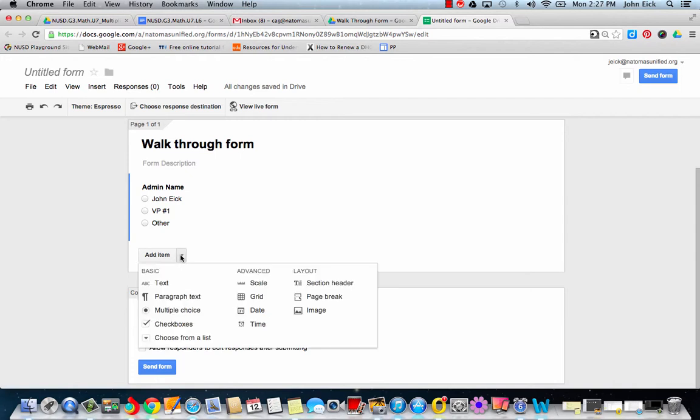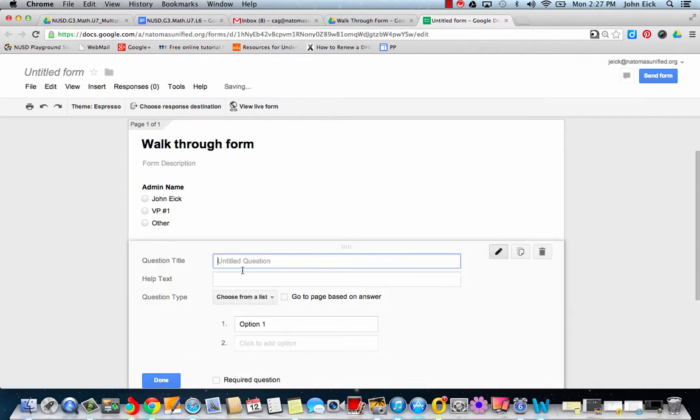Add an item. Okay, what kind of item do you want to add? Well, I'm gonna do another multiple choice, although, you know, yeah, let's do a choose from a list. So here's where we're going to put all of our teacher names, right? So teacher name, okay? So we're going to choose from a list. There's going to be all these people like Smith, Jones,